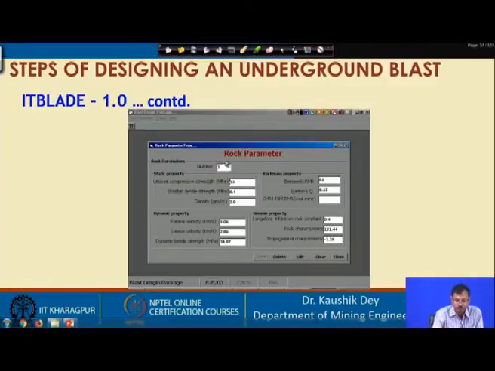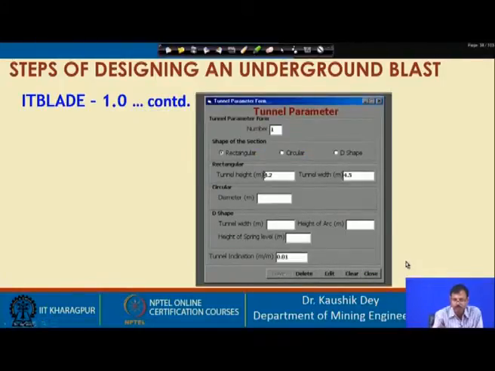Our first input parameter is the rock parameter, where the different rock parameters, strength values etc. will be required. As it is the Lange-Forss-Kihlstrom criteria, these rock characteristics values should be given here. Apart from that, we should have the opening parameters, say it may be a tunnel, it may be an underground opening.